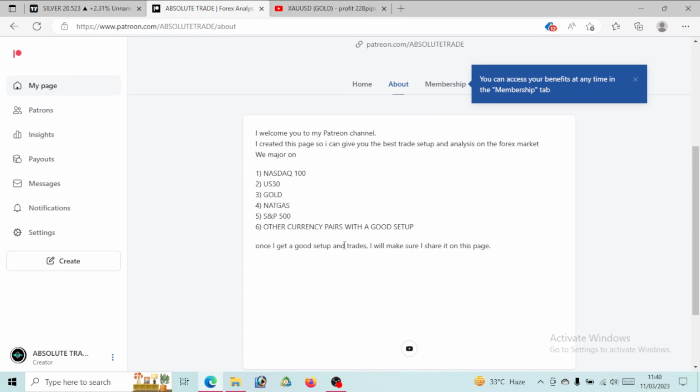You are going to get a good setup. You can see mostly on NASDAQ 100. After that, we are going to do analysis of gold setup on US 30, then gold, right? Gold, silver. The movements are like the same, right? Once there is a drop on gold, then silver tends to drop. When there's a bullish move on gold, silver tends to go bullish. So I'm going to be doing more in-depth analysis on gold. And if you want on silver, there's no problem. I can go ahead and put the setup for you on silver. All you just have to do is inbox me, and I'm definitely going to do that.